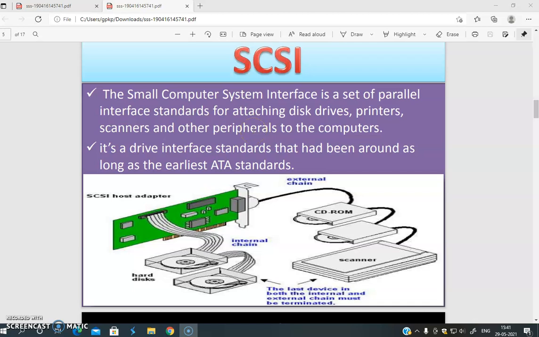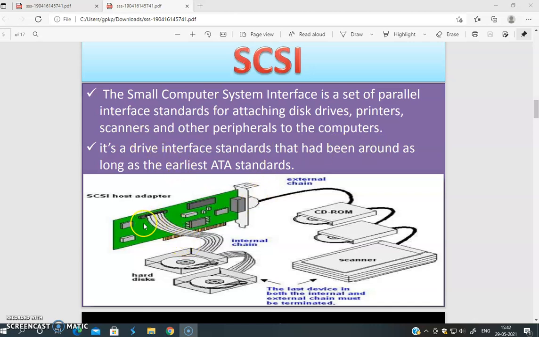We have seen another technology, that is the IDE technology. So we can see that it is a parallel one, that you can replace IDE with SCSI, or you can go with the second type of hard disk connectivity as SCSI. So it is another type of hard disk connector as in a Small Computer System Interface cable, but this is not restricted to hard disk. You can connect any other peripheral devices as well.